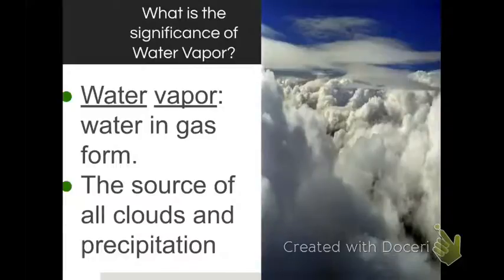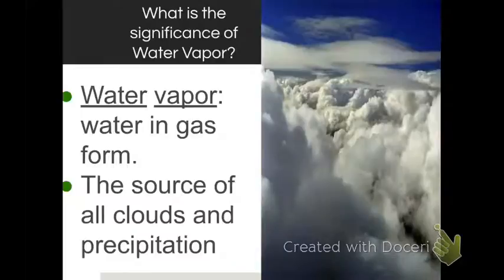If we did not have water vapor, we could not have the water cycle. And with no water cycle, you would get no clouds and you would get no precipitation. So then think about if we use up all the water, or if our water just sunk deep, deep into the ground, we would run out of water because it wouldn't ever come back and be replenished. Also, all the plants would not get watered. So the fact that we have water vapor, precipitation, cloud coverage, all of those things, they're very, very important to